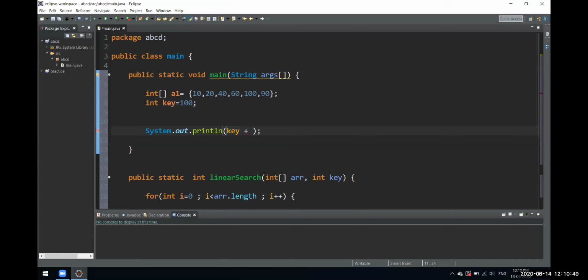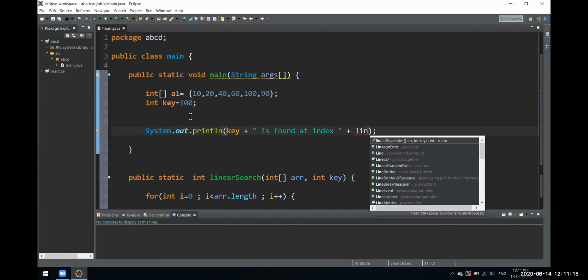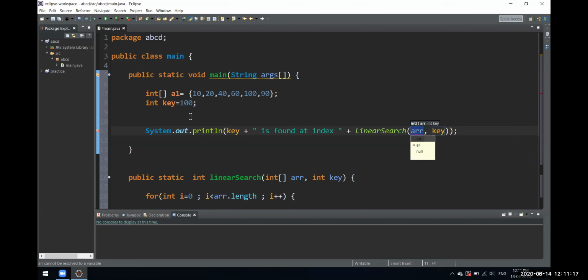We'll interpolate a string over here: the key is found at index, with little spaces. And we'll call the linear search function over here, which will return that. The array we pass will be a1, and the key will be the key. Now we'll see how it is working.